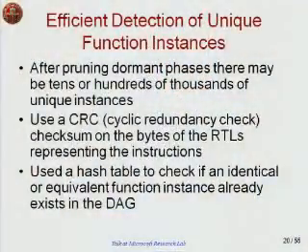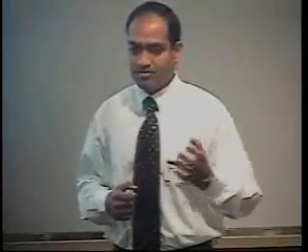So obviously this has to be done carefully, because even after removing the dormant phases, there are still tens of thousands of different function instances present. So if we want to find identical or equivalent function instances, we essentially have to compare each function instance with all previous function instances to find if they are identical, right? If we have to do this check naively, then we have to keep all the previous function instances in memory, which is too expensive in space. At the same time, if we do a bitwise comparison of the current function instance with all the previous ones, it will also be too time consuming.